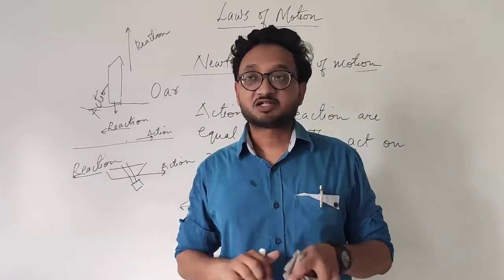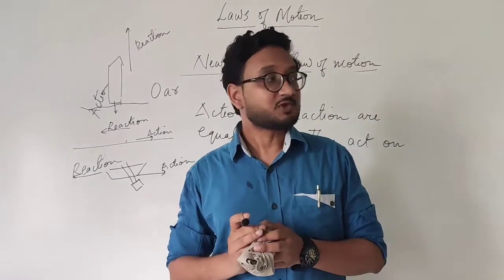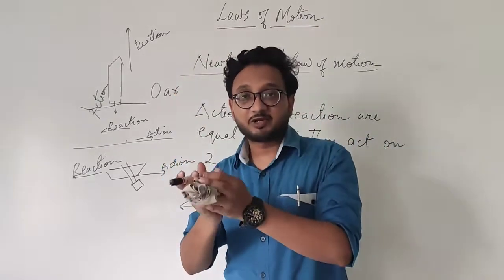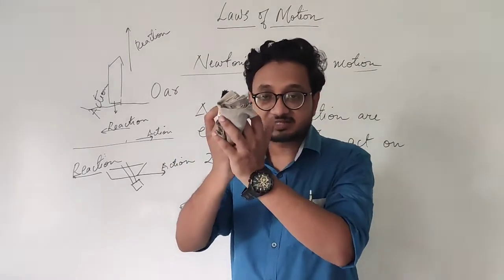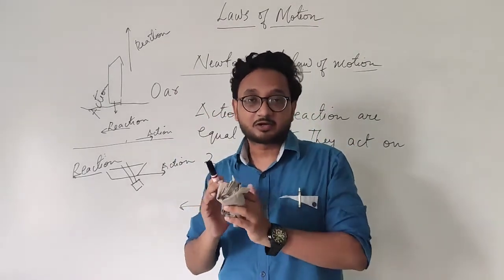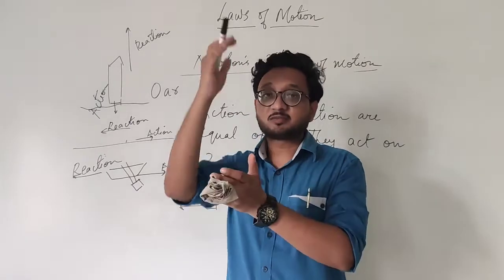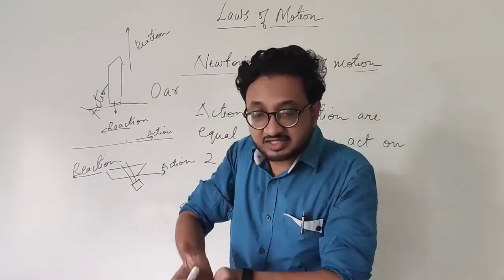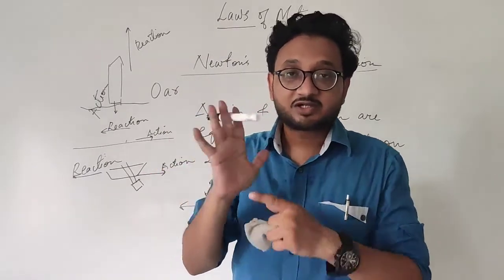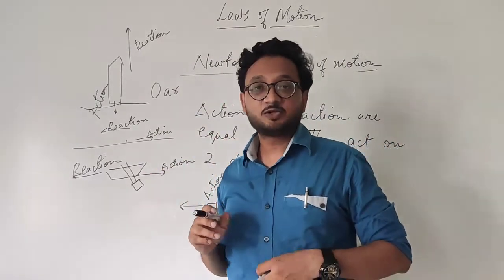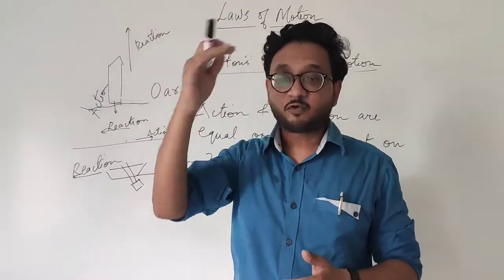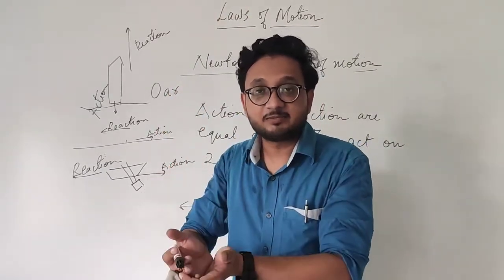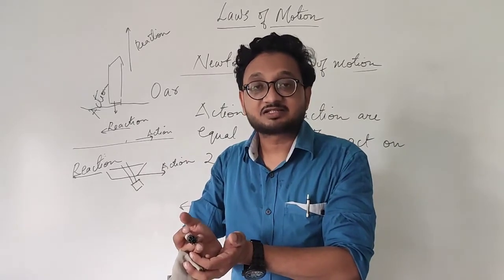Another example for the second law of motion is that if you remember, whenever you see a player in a cricket match trying to catch the ball, you will always see that when the ball is caught, he is using his hand to increase the time. When the ball comes, he doesn't just keep the hand steady. He increases the time so that he does not get hurt on the hand. Why does he do that? Because whenever the force is applied on his hand, he is increasing the time so that there is less force.